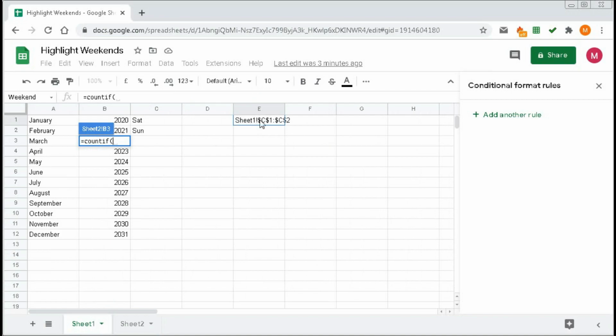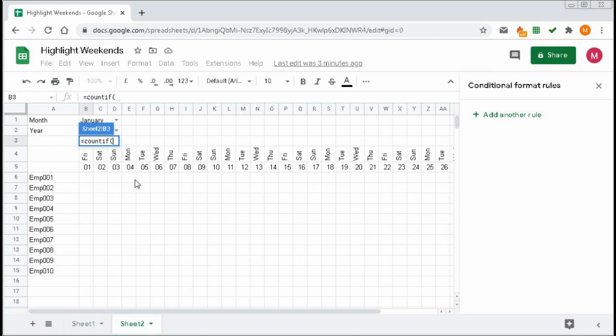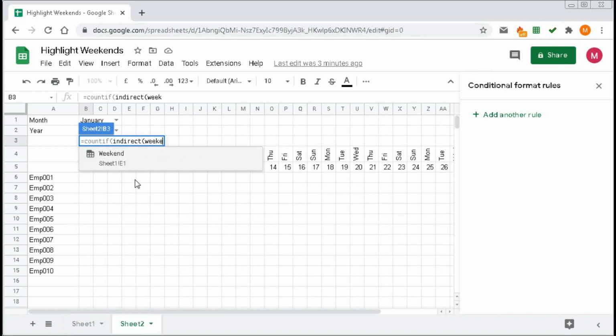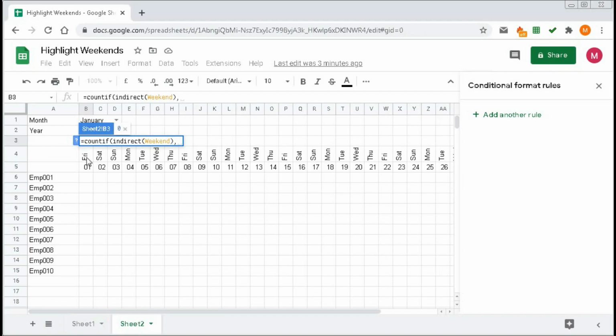In weekend we have this text string, so to convert this text string we need the INDIRECT function. So INDIRECT, within bracket, the name of the named range, weekend, bracket close, comma, our criteria will be this cell, then bracket close, enter.